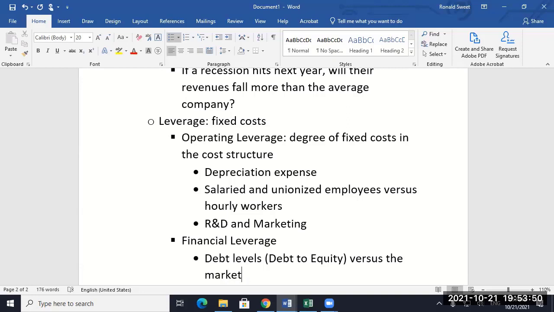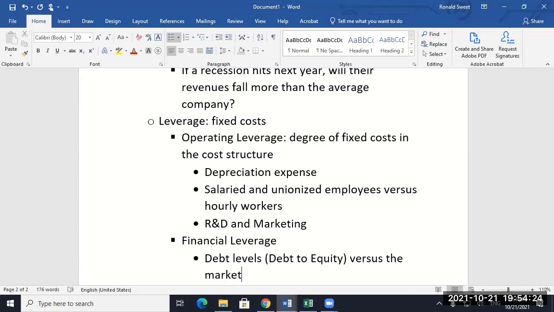Very few students do this, but I just showed you Kroger's, and I showed you why that's really high debt to equity. But maybe the whole industry is doing that. So maybe I should bring in some of their competitors and just see, are they really out of line? You've already done that though, haven't you? Where did you already do that? Paper 3, didn't you? Didn't your paper 3 compare your company to its industry? So you already have that information. So you could use that again if you'd like and bring it into this paper. And you could even bring that chart in again or reference back to it.